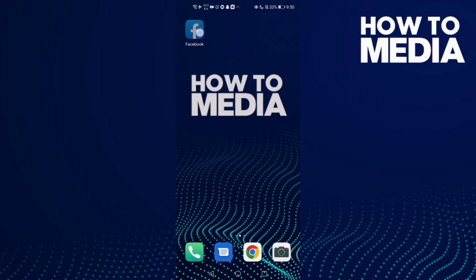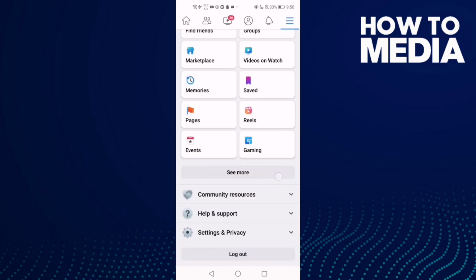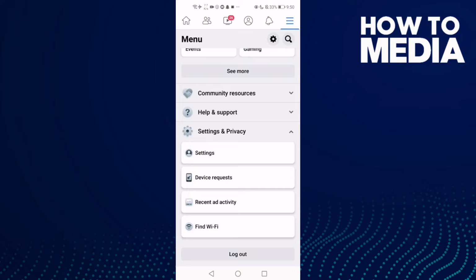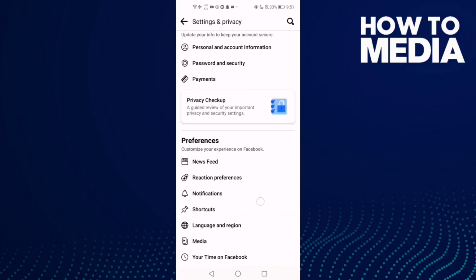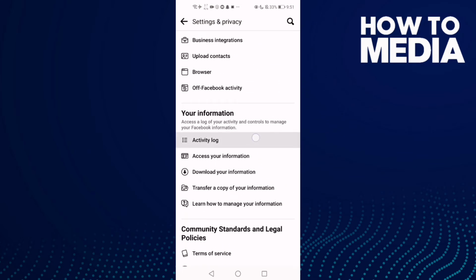First thing we're gonna do is go to Facebook and then click the storylines here and go down until you find settings and privacy. Click on it and here we'll find settings, and go down, click activity log,